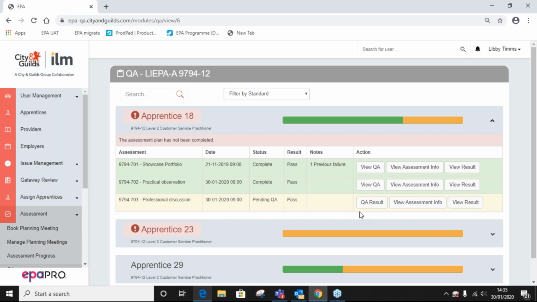Is that right? Yes, because the IEPA needs to carry out that first assessment of that showcase portfolio before they go out. So we need to verify that before they go out, and then obviously they can't upload their final assessment grade until they've been out on the day. And in terms of being able to verify that, you need to see the portfolio. We need to see the evidence, yeah. That's great. That's really helpful, Kelly. Can you leave that one with us? Thank you.